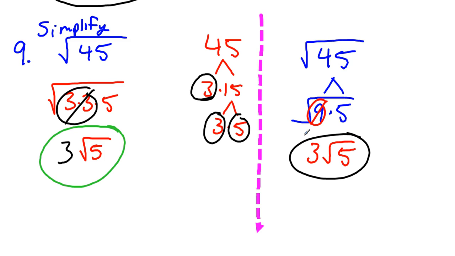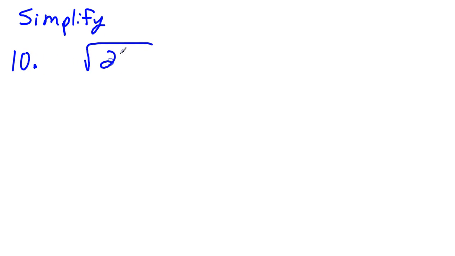Okay, number 10. Same thing on number 10, just the numbers get a little bit bigger. Let's go square root of 245. Okay, now, and again, the bigger numbers, it may not be that you've got a perfect square root number jumping out at you for this one. So this is one of those, with 45, I had the number, I can see 9 times 5, 245, I don't know. So this is one you just have to kind of break it down and see what you can